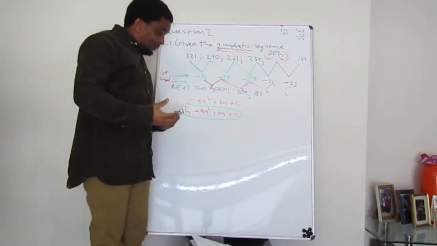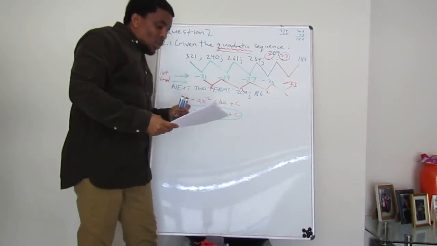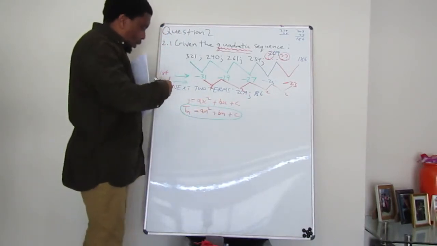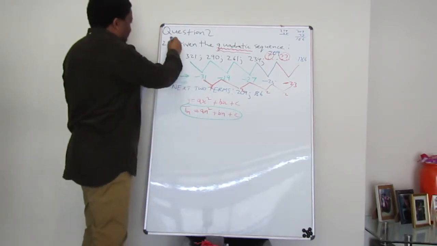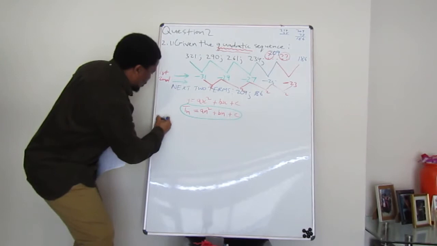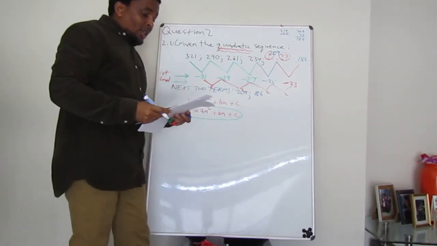Let us continue. Now, what is the next question here? The next question here is 2.1.1 in this case. Now we go over to 2.1.2. The question says,